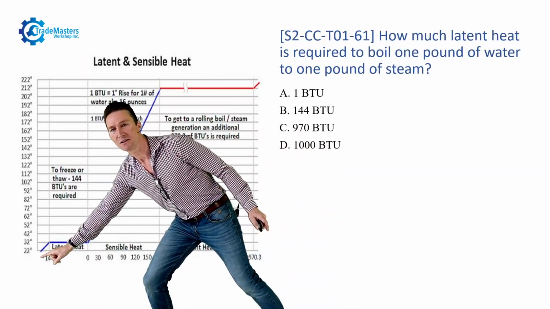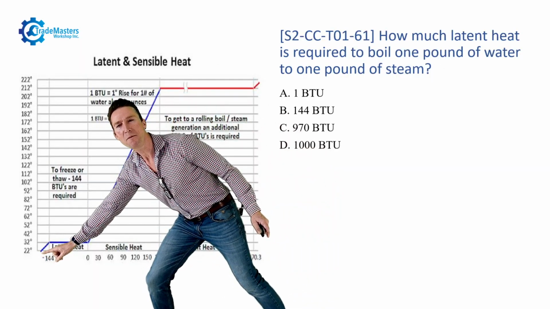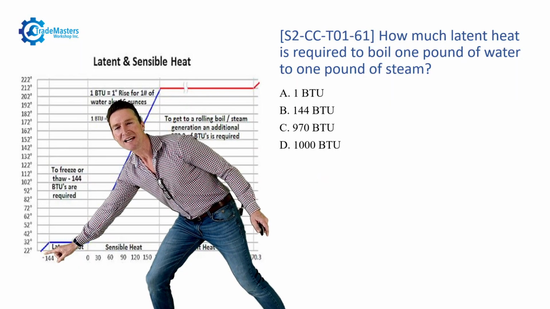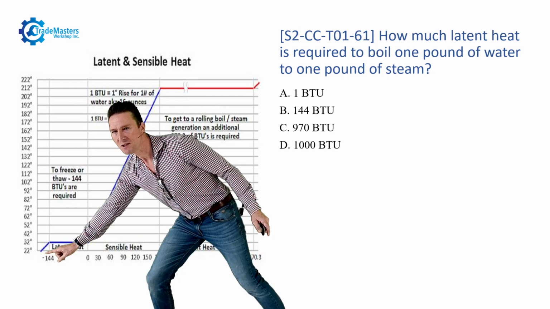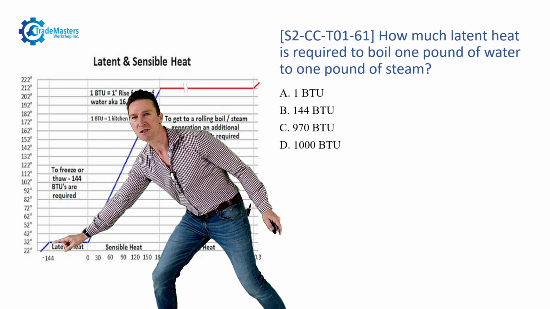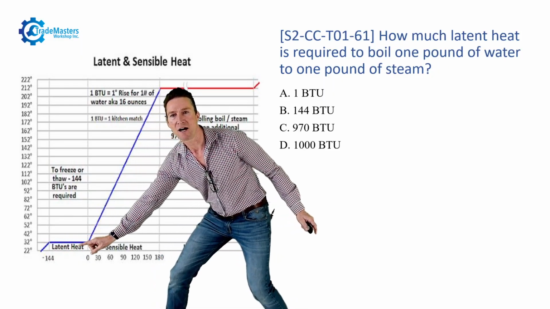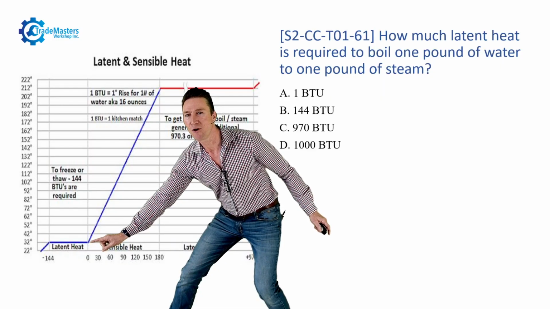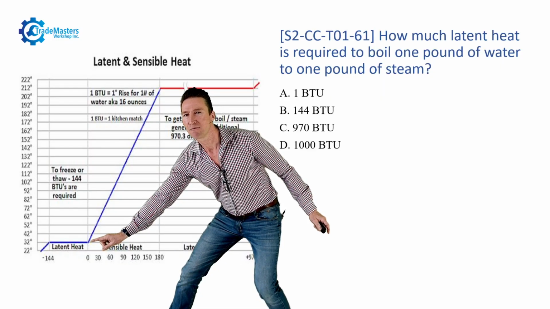All the way down here, we've got a block of ice, 1 pound's worth. If that ice is below 32 Fahrenheit, we need to add sensible heat to it first so that we can raise its temperature up to its melting point, which is 32. When we get to 32 Fahrenheit, we're going to add 144 BTUs of latent heat energy to it in order to get it to change state from 1 pound of solid to 1 pound of liquid.